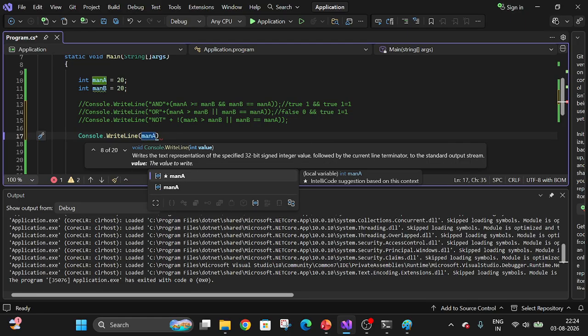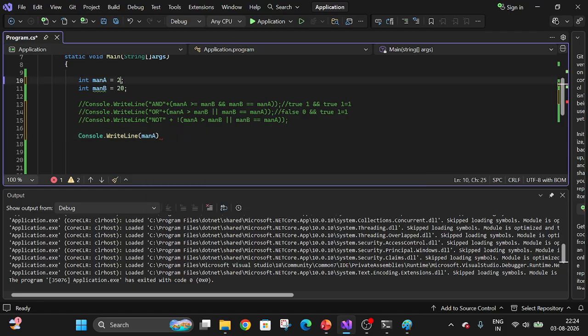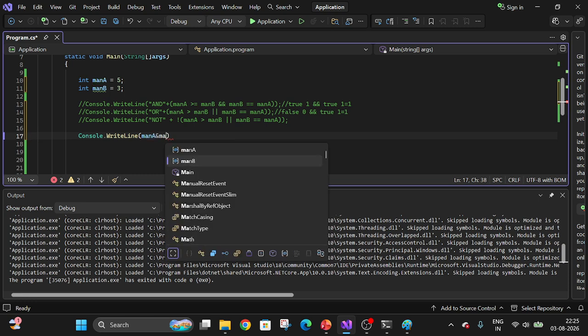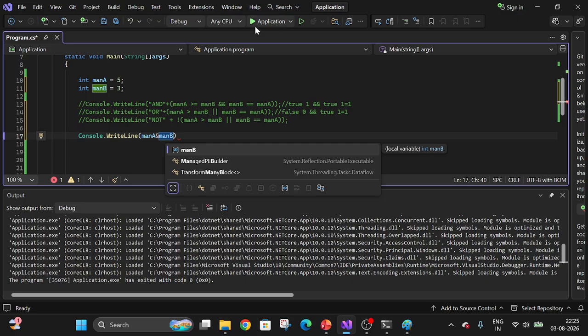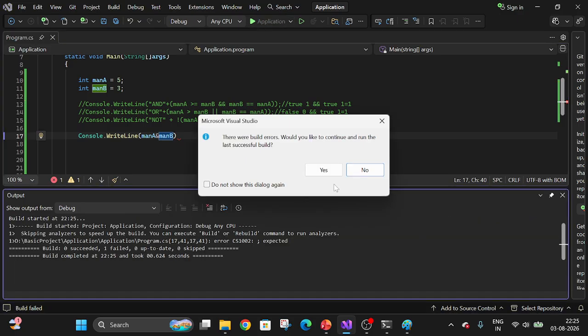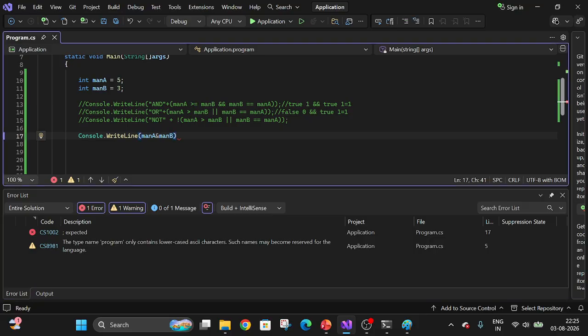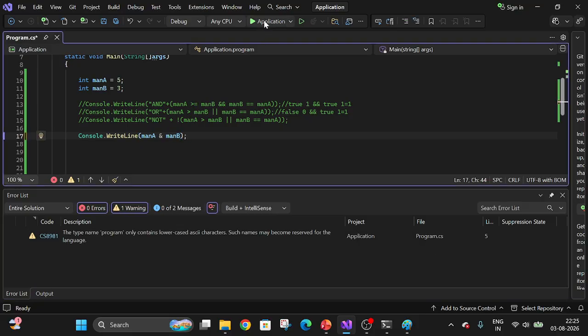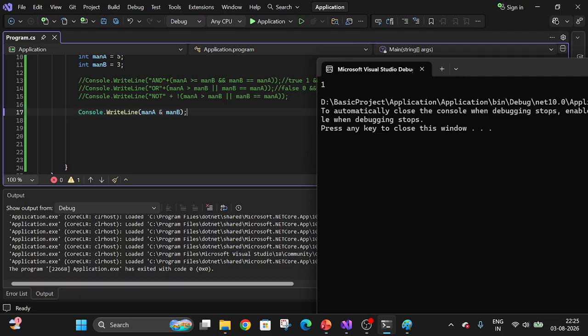Man A will keep 5 and 3, because I explained 5 and 3. Man A and man B. Run it. I need to close. What? See,